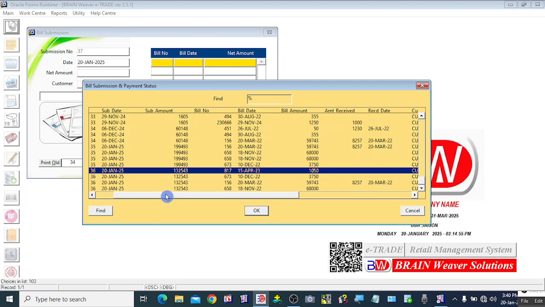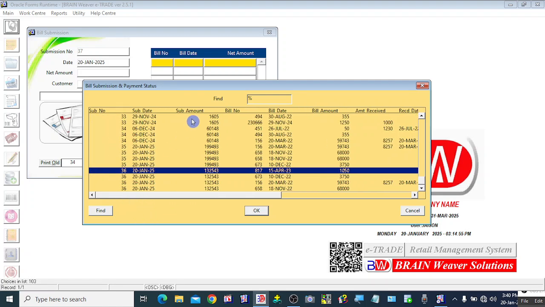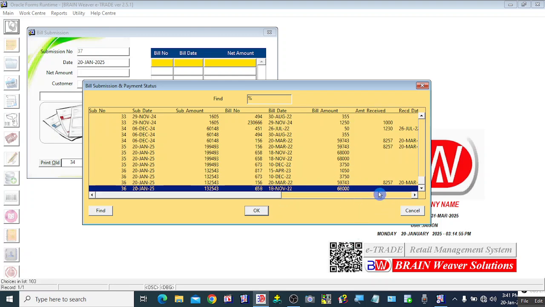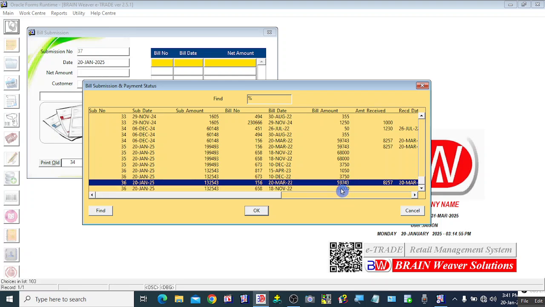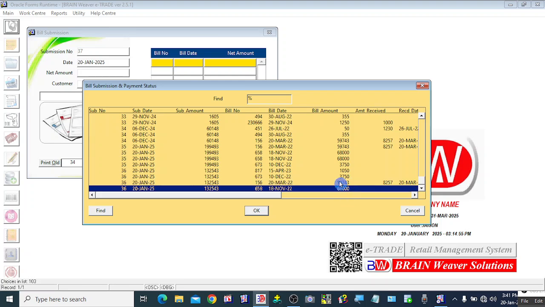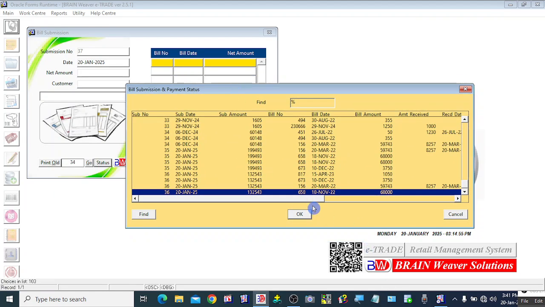So by clicking this status button, we can also get information about out of the bills we have submitted, how many bills still remain pending to receive the balance amount. If any of the invoices the customer has paid us fully, that invoice will disappear from this list if you click on the status button, so that we can very easily identify